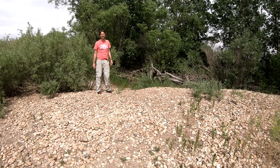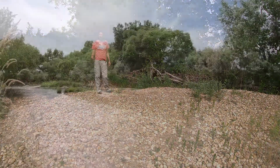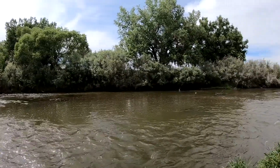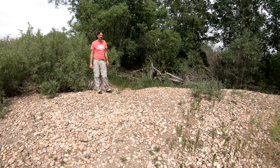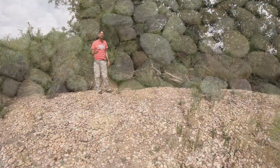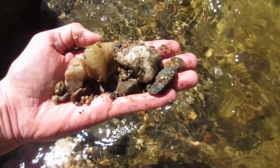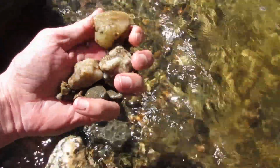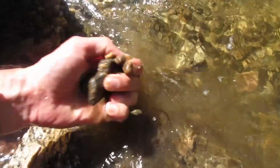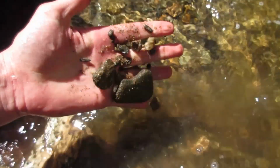So I'm standing on a gravel deposit that was deposited in the 2013 floods. And we're here along the Poudre River, just northwest of Greeley, near the Poudre Learning Center. And we want to look at these gravel deposits to contrast them to the sediments that are deposited in the Big Thompson Canyon. In the Big Thompson Canyon, we see more angular clasts. They're not as well sorted. And we see a broader diversity of lithologies representing those in the bedrock in the immediate vicinity, including a significant